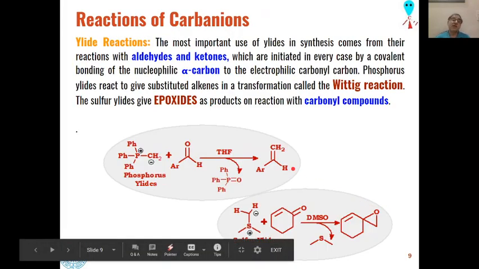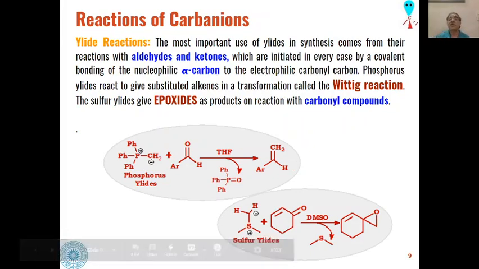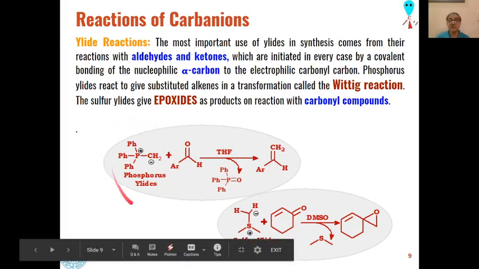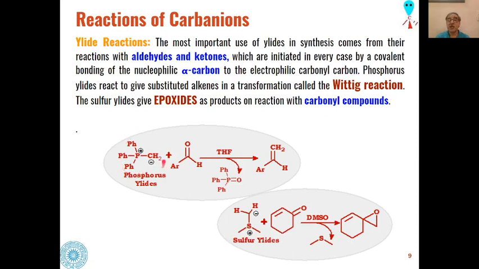Then comes ylide reactions. Both sulfur and phosphorus ylides, as I told you in the last lecture, act as carbanions. So for example, this phosphorus ylide, which was formed from triphenylphosphine and methyl halides, acts as a phosphorus ylide,